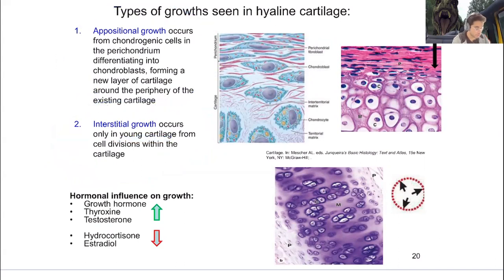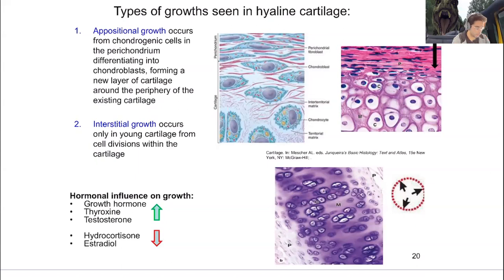Okay, hormones that regulate it. You guys know your growth hormones. You know your thyroxine that's associated with your thyroid, and then your testosterone. That's why men tend to have less likelihood of fractures and traumas, because their bones have high levels. I mean, there's increased bone deposition and cartilage deposition and less wear and tear. But obviously, if you do more sports and other stuff, the wear and tear that you're going to get is